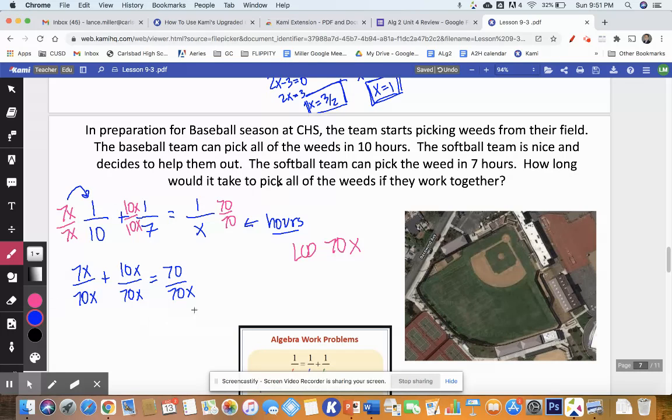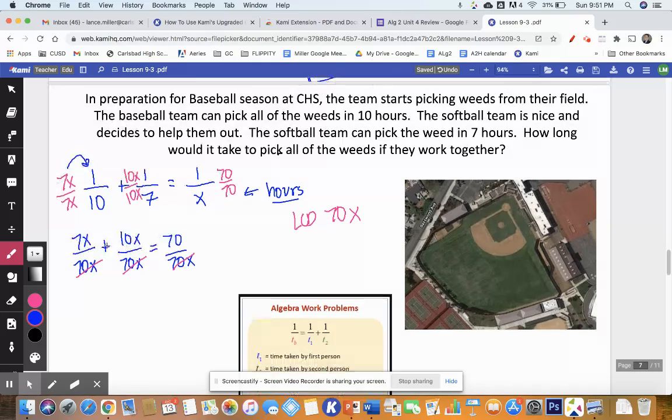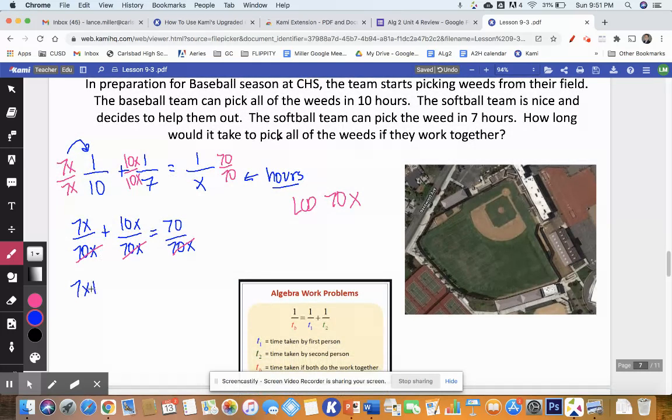Again, creating an LCD because now those go away. Okay, if the bottoms are the same, the tops also have to be the same. We're just going to create a little equation here where 7X plus 10X equals 70. 7X plus 10X is 17X equals 70. Let's divide both sides by 17. And if we do that, we get X equals, how long is it taking us? 4.1